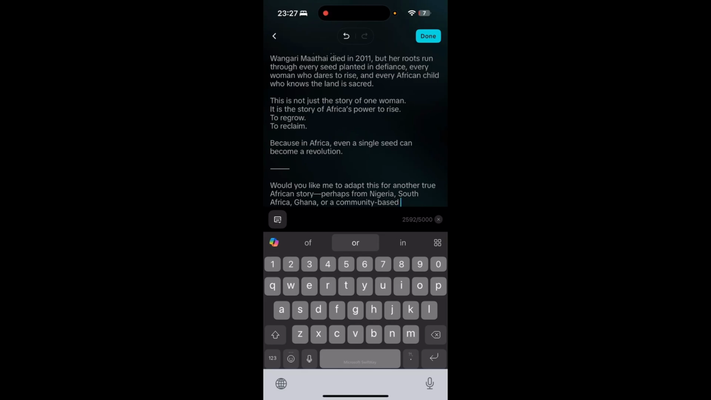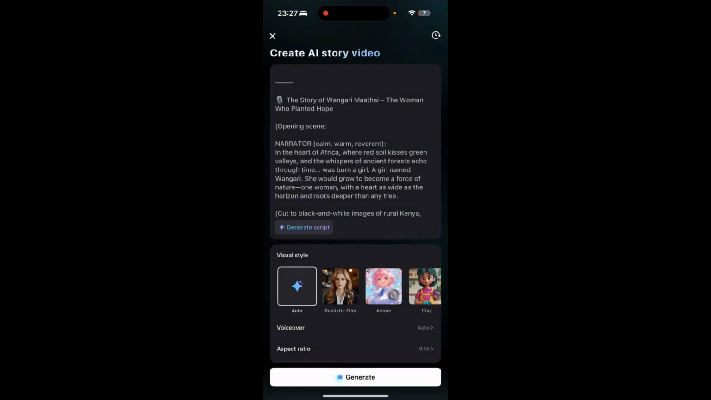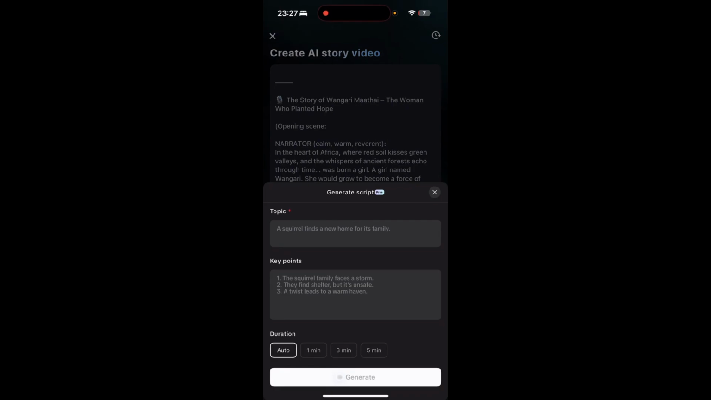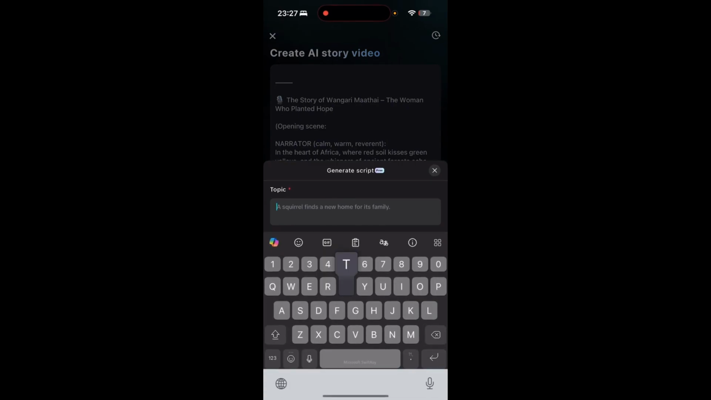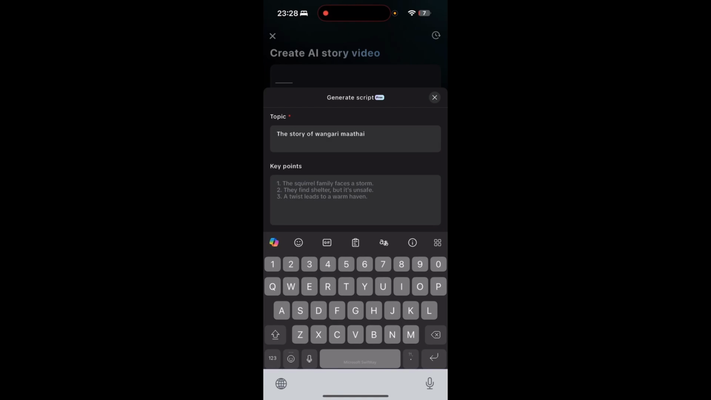One of the ways is just click done once you paste it in there and just say generate script. Then you type in the story here, the story of Wangari Maathai. So you can type that in. Then you see at the bottom here, you put in the key points. I put African story,